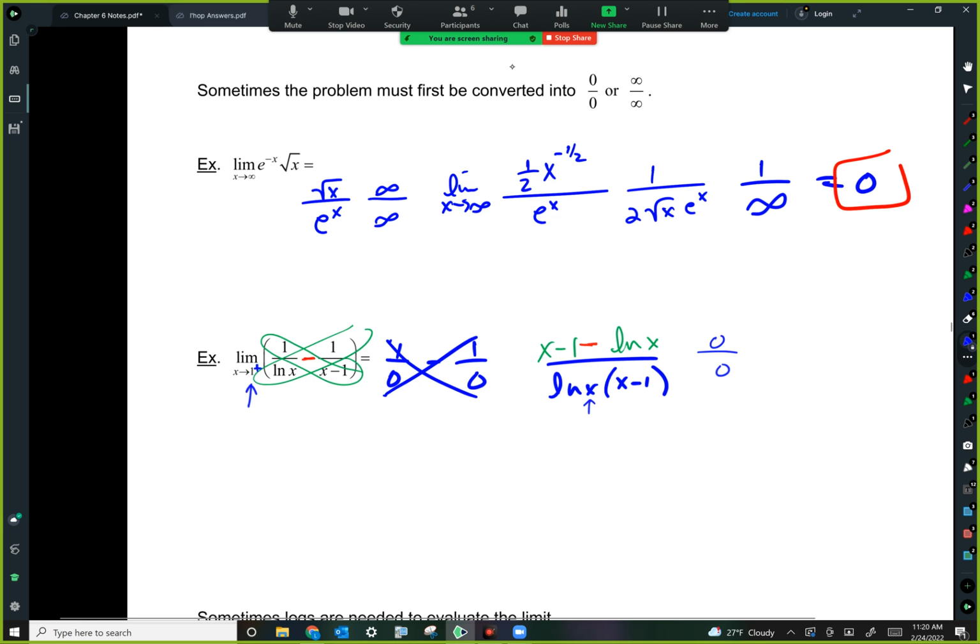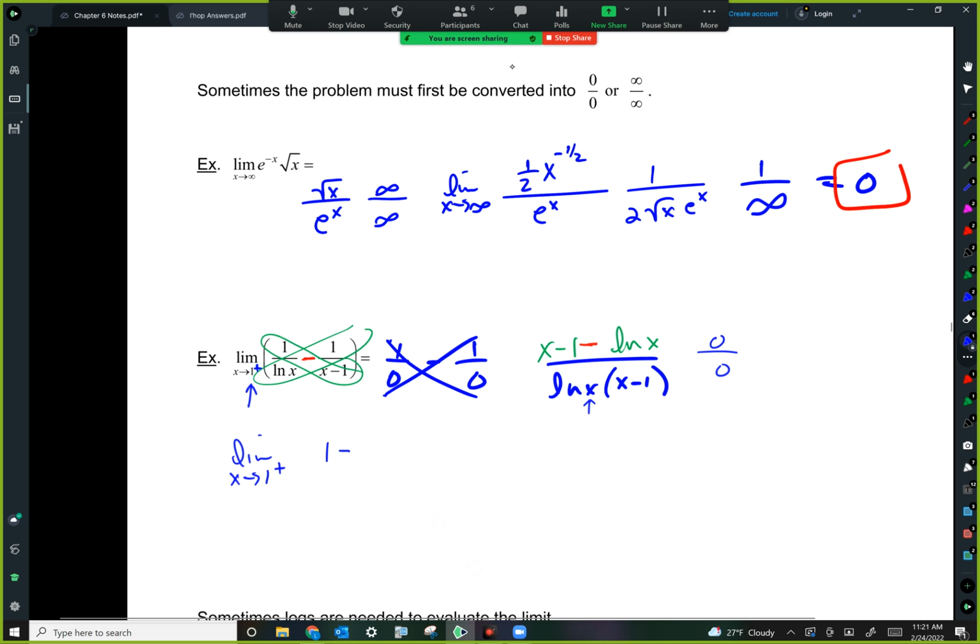Oh, great. It's indeterminate form. So I can use L'Hopital. All right, so I'm going to have the limit. It's still x approaches 1 from the right, but again, that from the right is probably not going to affect anything. Derivative of the top is going to be 1 minus nothing minus,